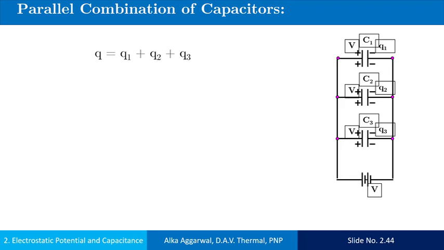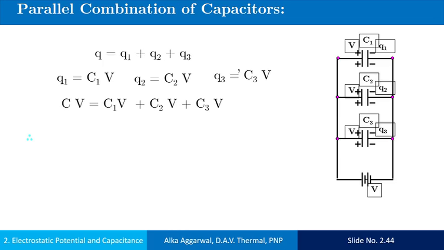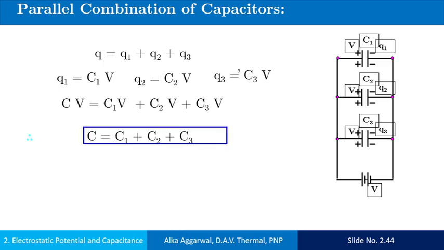Let C is equivalent capacitance of parallel combination, then Q is equal to CV, Q1 equals to C1V, Q2 is equal to C2V and Q3 equals to C3V. Replacing the value of Q1, Q2, Q3 and Q by these values, what we get is CV equals to C1V plus C2V plus C3V, which gives C equals to C1 plus C2 plus C3. Important point is that when any number of capacitors are connected in parallel, then equivalent capacitance equals the sum of